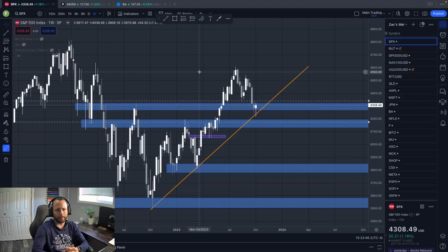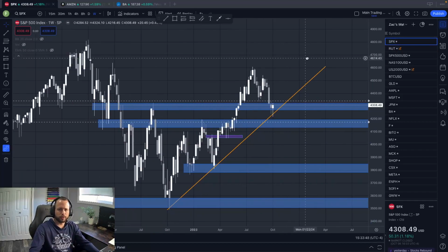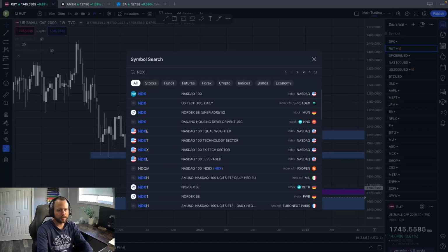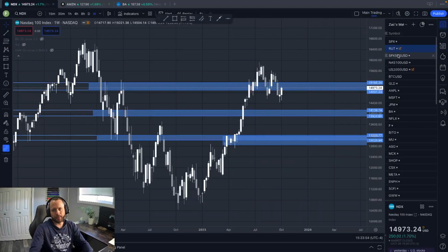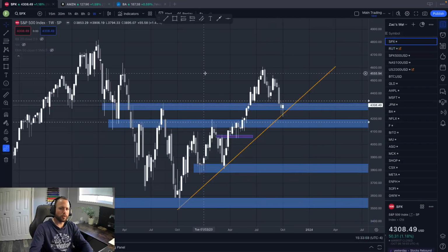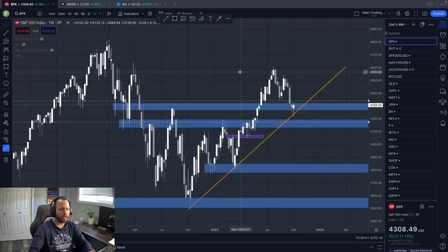are put there for a reason. Index options are what the banks are trading. So SPX and RUT, RUT is the Russell, and then NDX is the Nasdaq index option. They're what the banks are trading. These things, even though they don't look super liquid if you look at them on an options chain, you will never have a problem with liquidity, because the market makers are always going to fill your orders, and